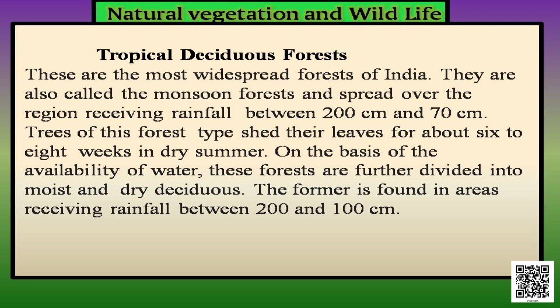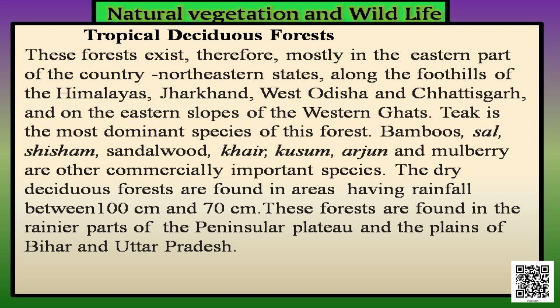On the basis of the availability of water, these kinds of forests are divided into two types. One is called the moist deciduous forest, the other is called the dry deciduous forest. The moist deciduous forests are found mostly in areas receiving rainfall between 200 and 100 centimeter. Mostly they are found in the eastern part of our country: the northeastern states, along the foothills of the Himalayas, Jharkhand, West Odisha and Chhattisgarh. And also on the eastern slope of the Western Ghats, we will find this kind